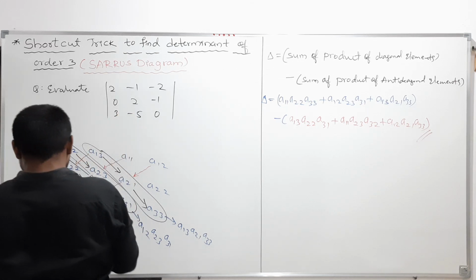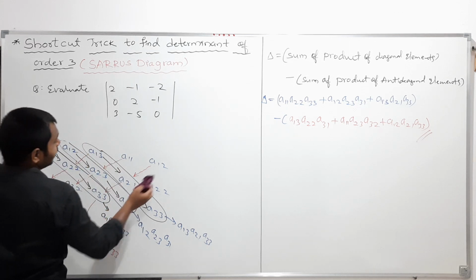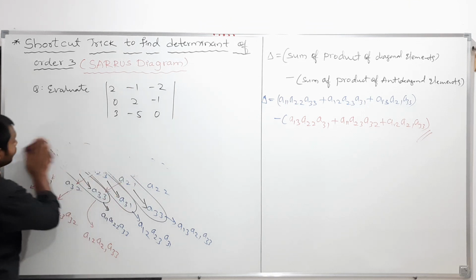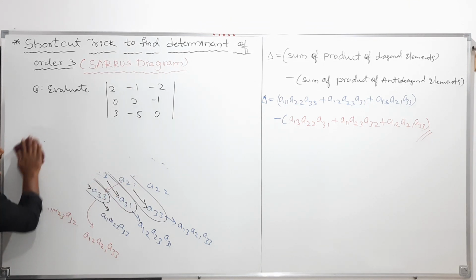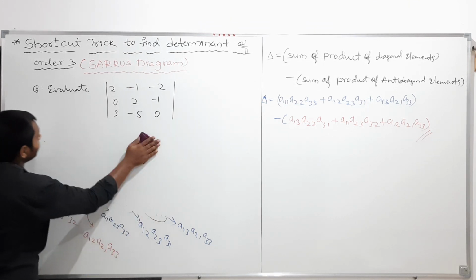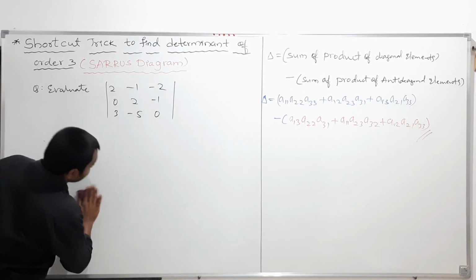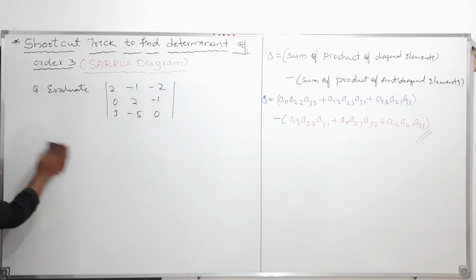So this is the example I am taking here. This is a determinant of order 3. My dear students, here I am using the Sarrus diagram. By using the Sarrus diagram, or short trick, I will calculate the determinant value. So quickly you can find the determinant value for this. So clear, my dear students? Please remember the method I just discussed.